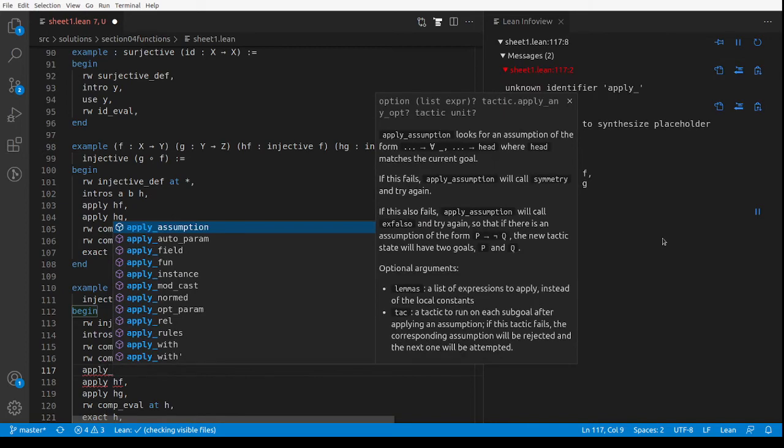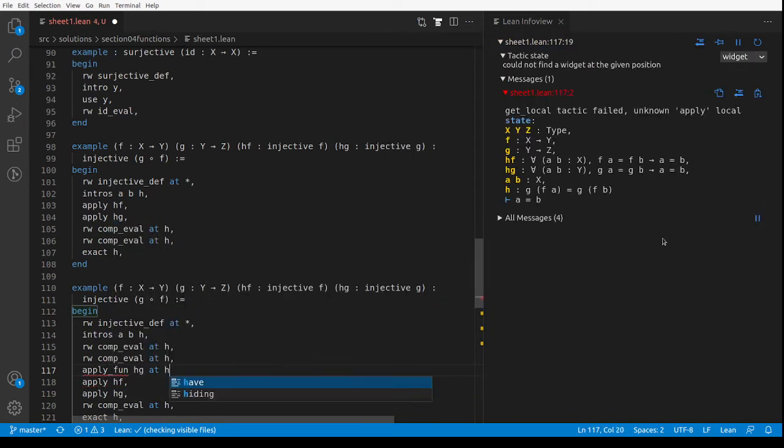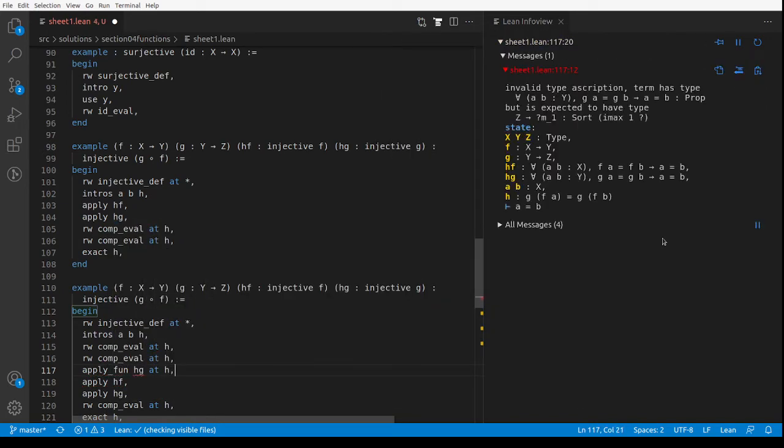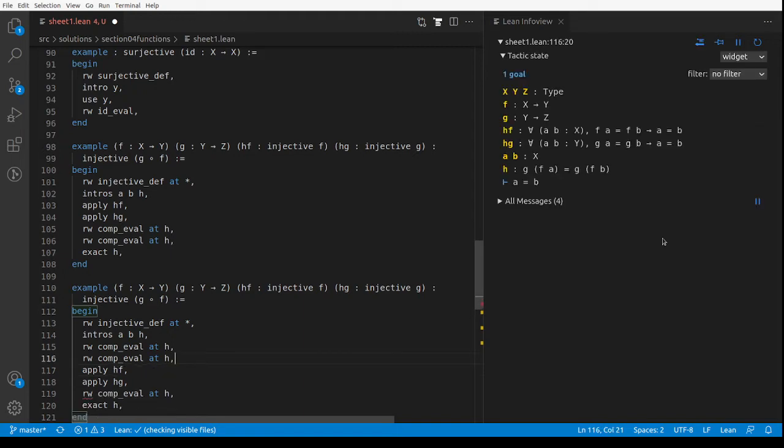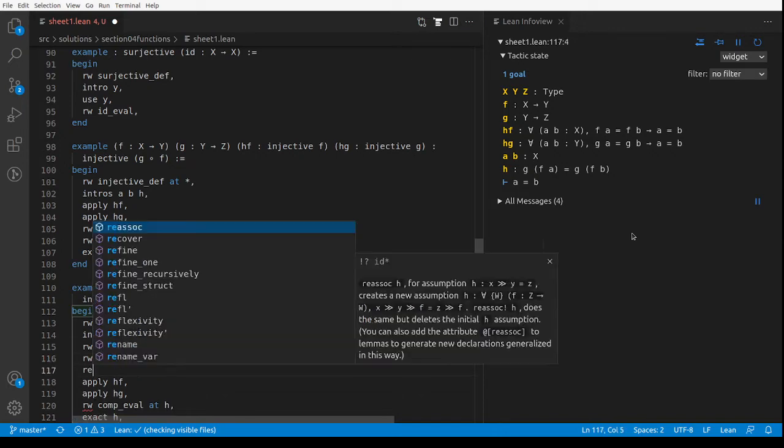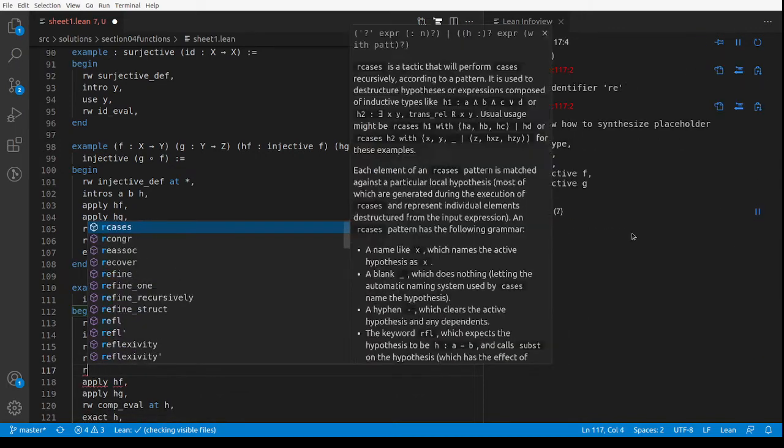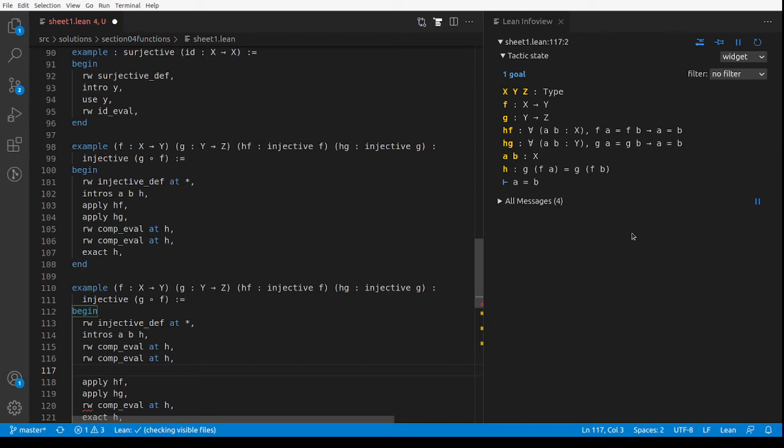Apply fun, how does this work? Apply fun HG at H, does that, oh curses. What do I want to do? I want to deduce, oh I see, I need to feed hypothesis H into HG. Yeah, forget about that apply fun nonsense. So refine, what is it? No, it's not refine. It is specialize